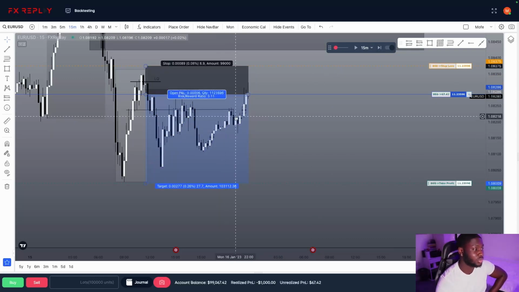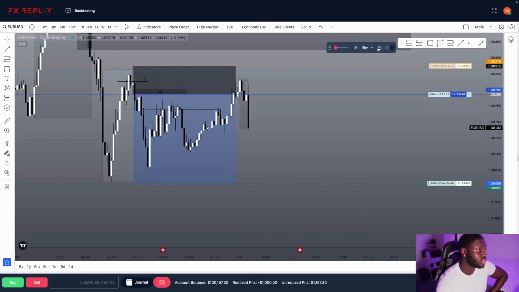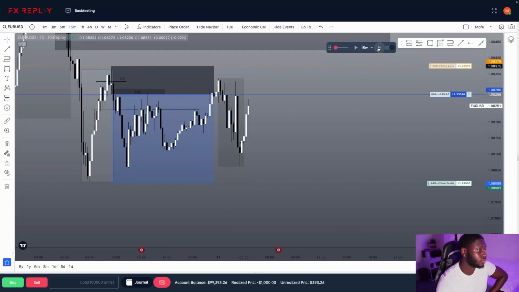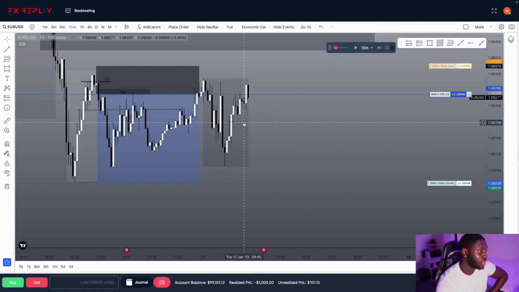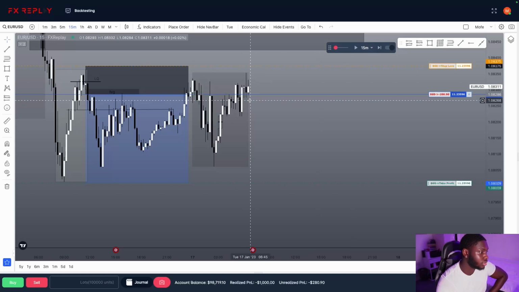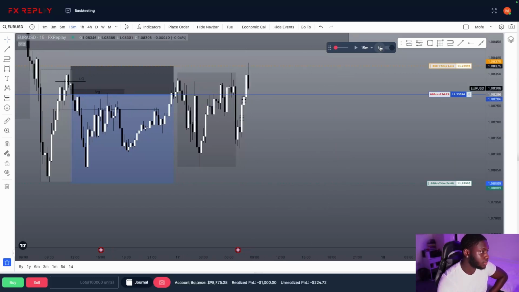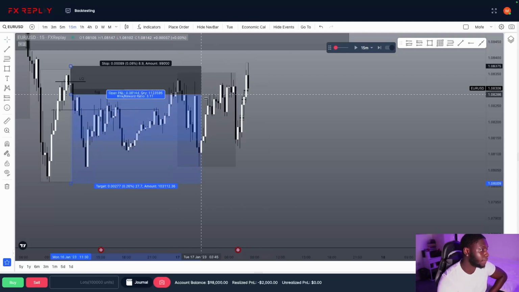Once price was pushing my entry again towards the night, I don't like holding trades overnight, so I would have closed. But we're going to see what would happen if you could hold it overnight. So I'm not going to close this trade. If it hits our stop loss, then it hits our stop loss. We are going into the next day, so I want to be careful that I don't overclick. We are still in this entry, but let's see. Okay, we got tagged out for a loss, unfortunately.